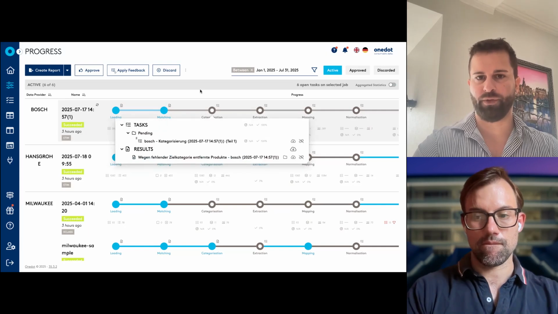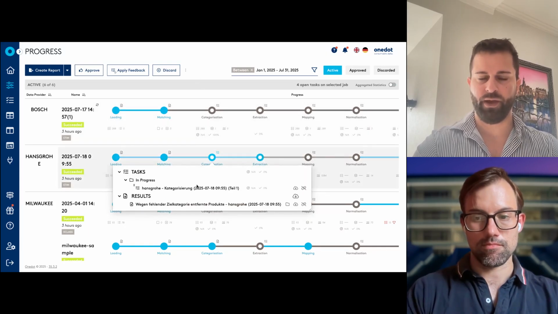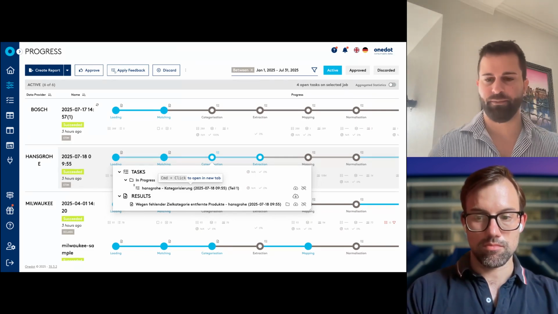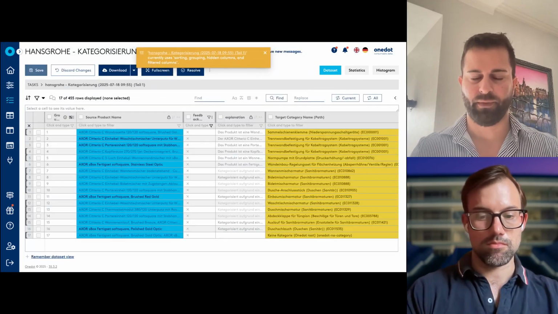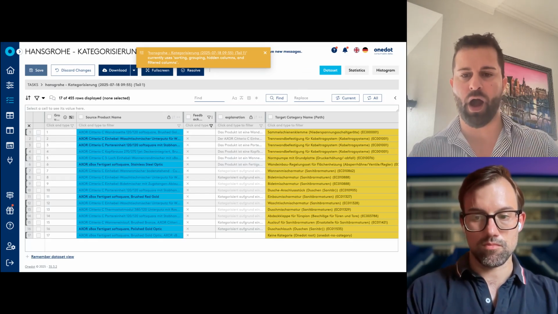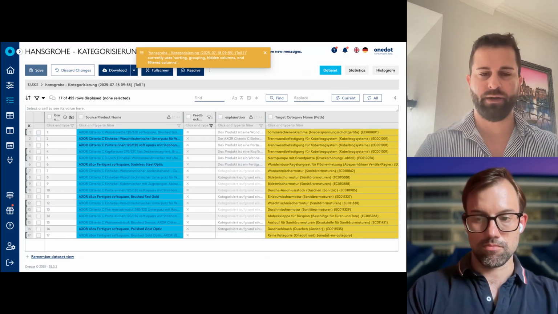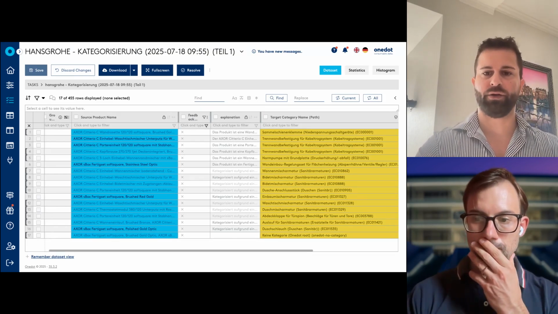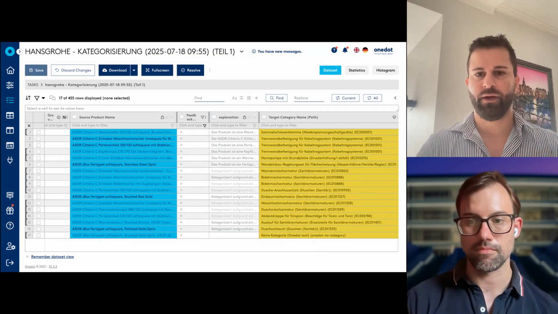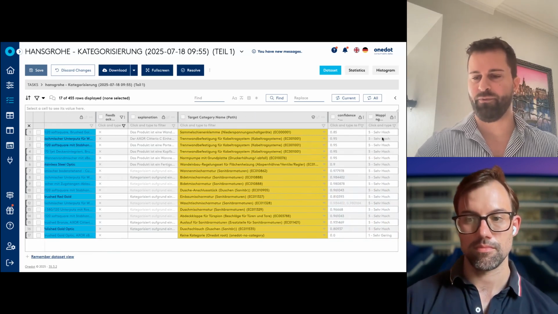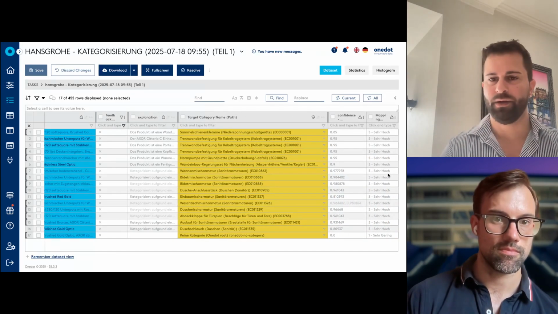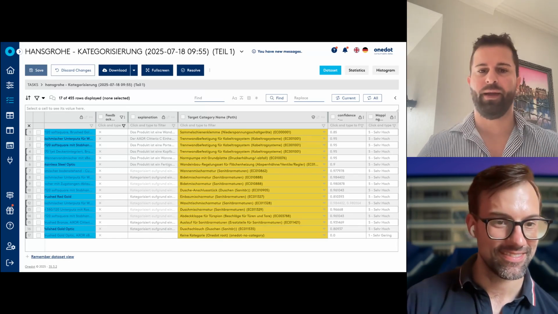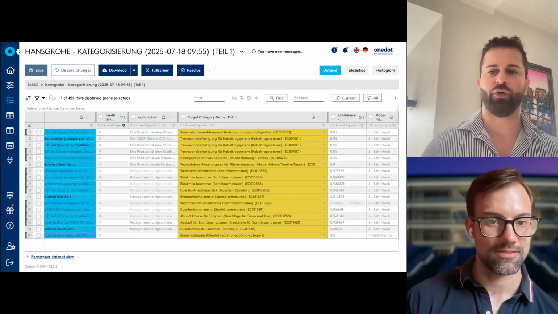So if I go now and check Hans Krohe, this is a Hans Krohe catalog where the user can give feedback, but doesn't have to. If I click now, you can see our AI has assigned the products from the supplier, which is blue, to the right category from the retailer. Here we see the confidence level is very high. It's written sehr hoch in German, sorry about that, but it means very high in English. So here the user can already see, okay, does it make sense to give feedback or not? Or do I need to give feedback?